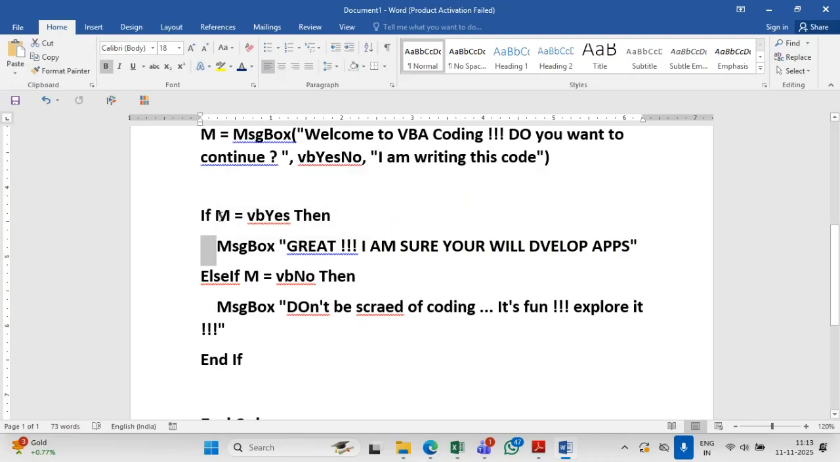We are writing if. No need to give bracket, comma, or all those things. In fact, writing this is much easier. You are just writing it as a simple statement. The only thing is you have to write it in different lines properly and maintain the indentation. So if M equals to VB yes, then message box, whatever I want will be written here. Else if M equals to VB no, then what we want to write will be written